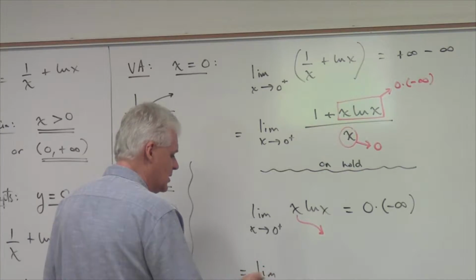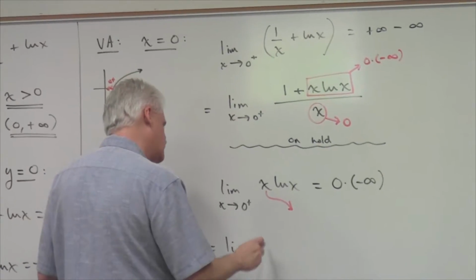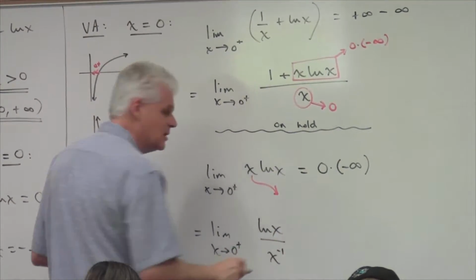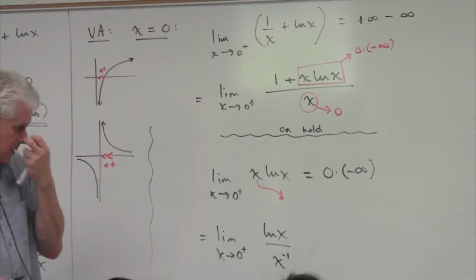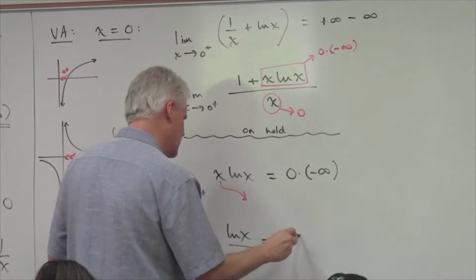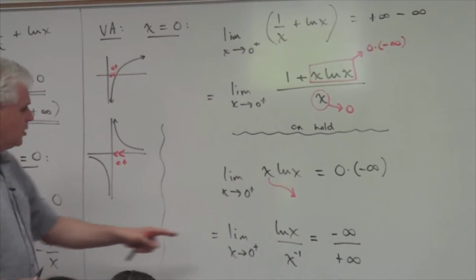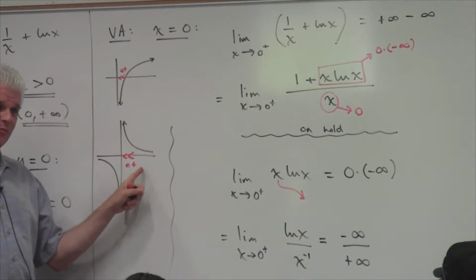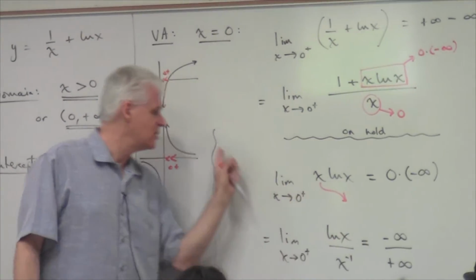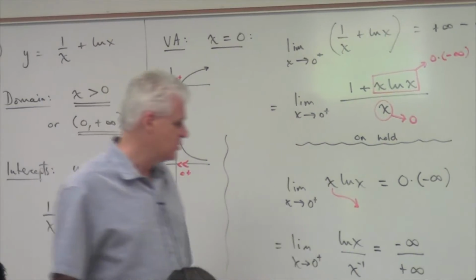And we get the limit as x heads towards 0 from the right of natural log of x divided by x to the negative 1. Okay, now that is now going to go towards negative infinity over positive infinity. I know because I've got the graph of x to the negative 1 right here. I can see it's going to plus infinity. So this is going to plus infinity because that's this. So I can use L'Hopital. Apply L'Hopital's rule,